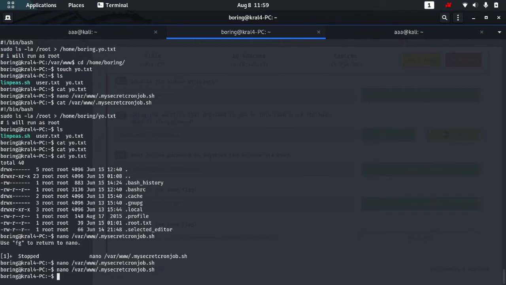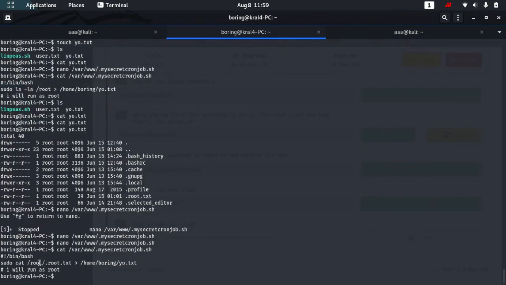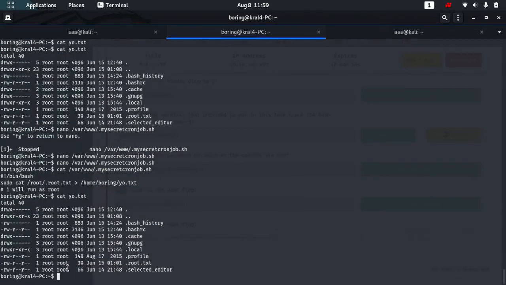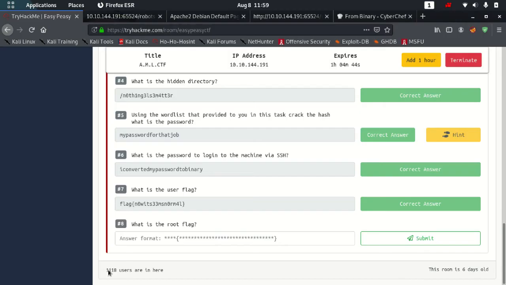Yeah, so let me cat this out. We need to get the output of /root and this file, and it will again update in yo. Okay, so this still contains the ls -la, and I hope in one minute we'll get the answer.